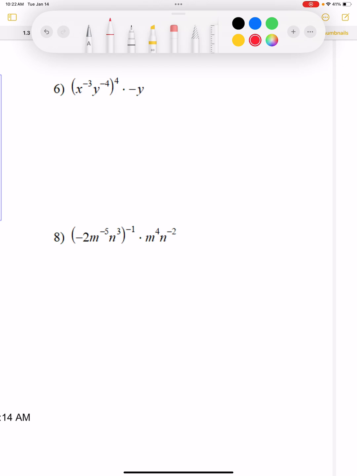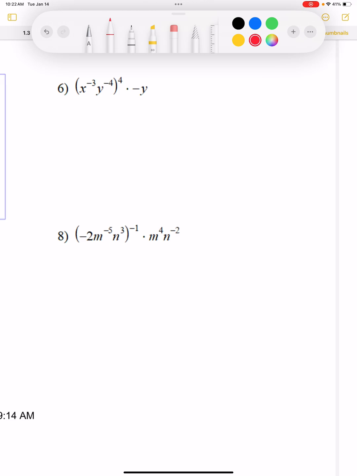All right, so here I'm going to go ahead and say both of these have negative exponents right now. So I'm going to say 1 over x cubed y to the 4th. Or, it might be easier for you since it's already to that power. That becomes x to the negative 3 times 4th power times y to the negative 4 times 4th power, because remember,